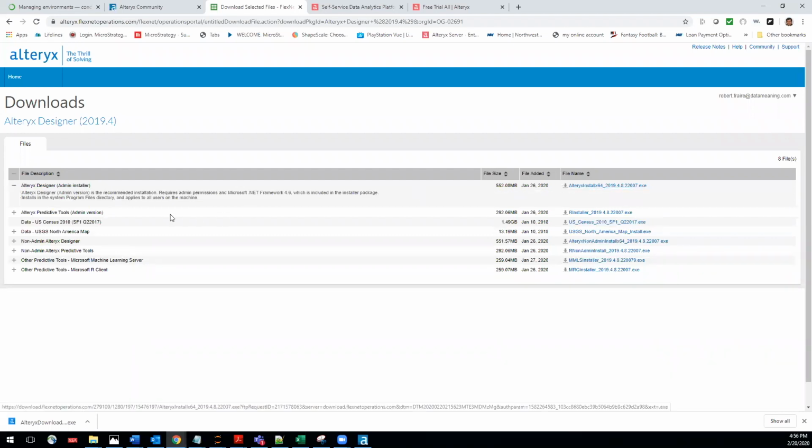But before we do that, I also wanted to show you that there is a non-admin Alteryx Designer install that you can do if you do not have admin permissions to your local PC. If at all possible, it's best to use the admin installer. So in this case, we can click on that installer,